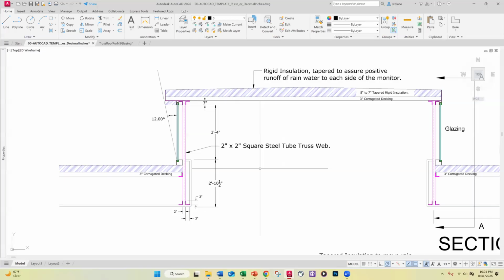than the cord members. But there's a problem with bringing, say, a 2 inch by 2 inch square tube up to a 4 by 4 square tube cord member. And that is that the force in the web members is tending to jam into the thin wall of the cord member, and that induces local bending in the wall of the cord member. That local distortion creates stress on the welds,